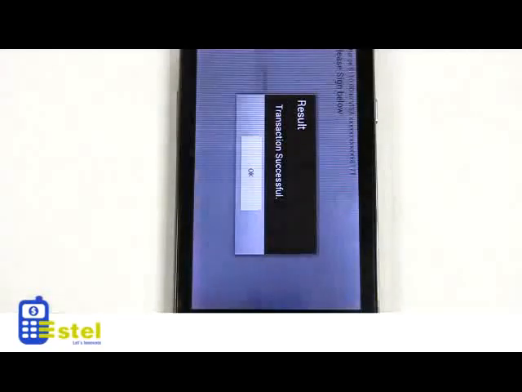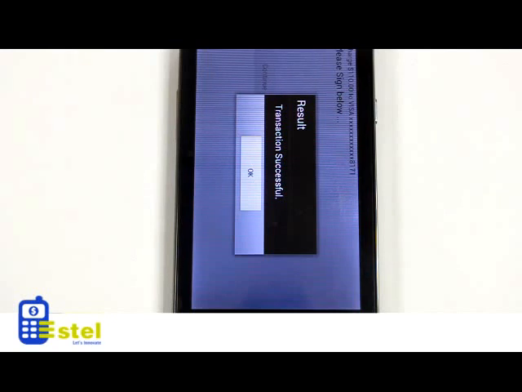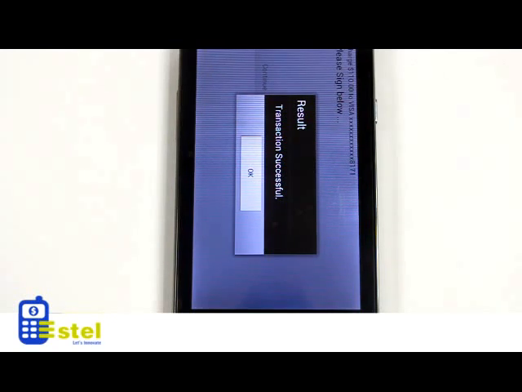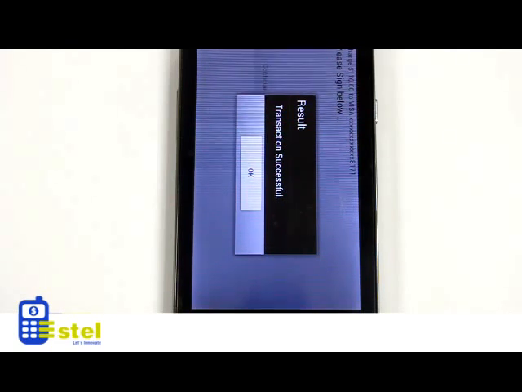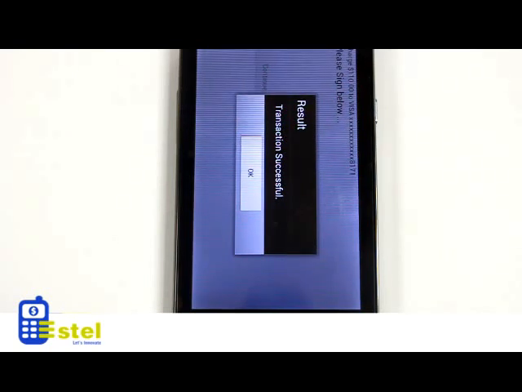An important statement to make here is that the card details are never stored on the mApp or on the card reader. It's transmitted in its encrypted form directly to Estel's backend payment and settlement system, which is integrated with an acquiring bank switch and with card networks. The acquiring bank system will now process the payment and revert with either a success or fail message.